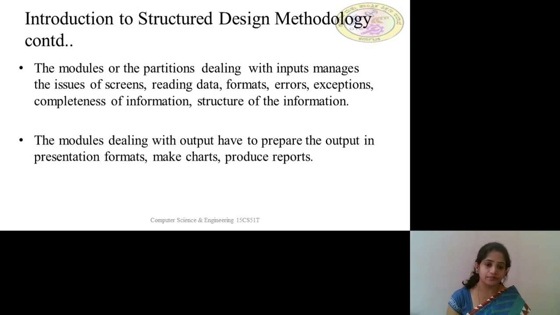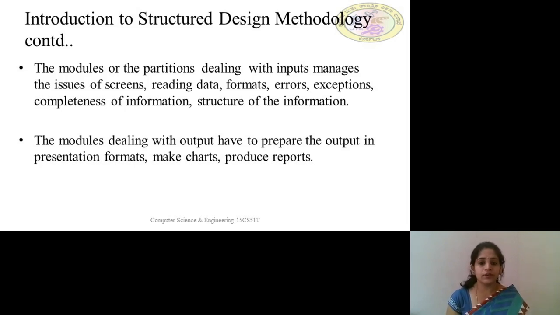Coming to the output modules, the modules dealing with the output have to prepare the output in presentation formats, make charts, and produce reports. Sometimes the modules will produce output which is not in a presentable format, that is, only the system is able to understand that output.